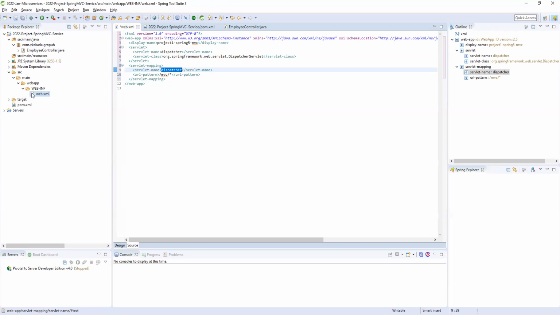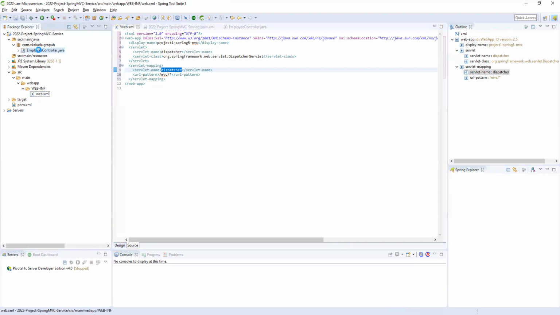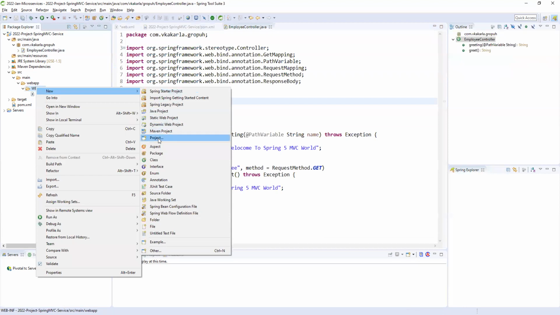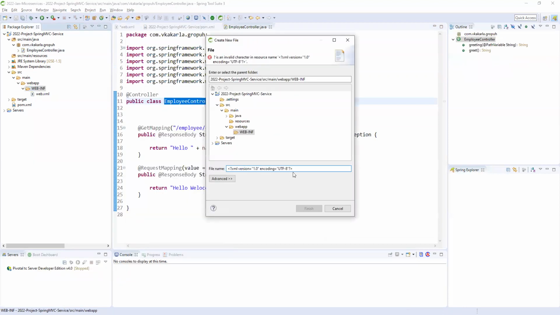Now you need to write a servlet.xml to read or register your class, right? You need to have one more file. So the file will be dispatcher hyphen servlet.xml.